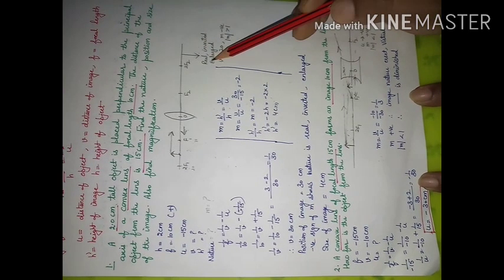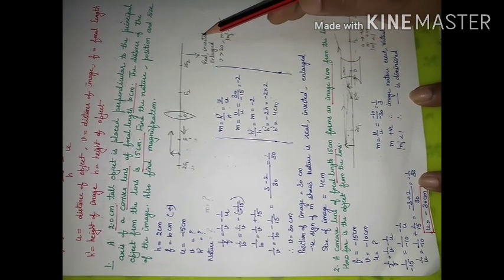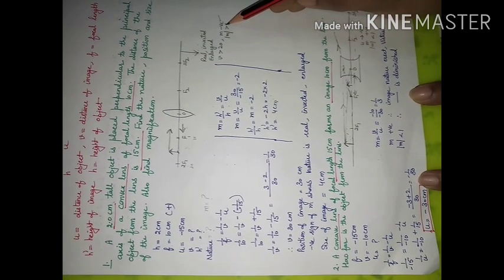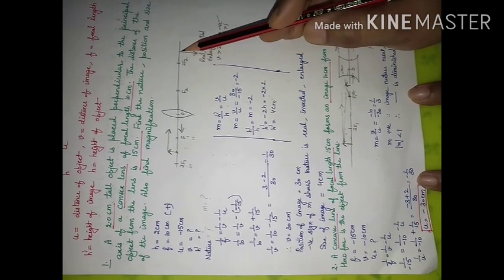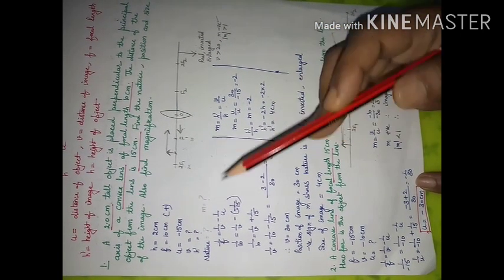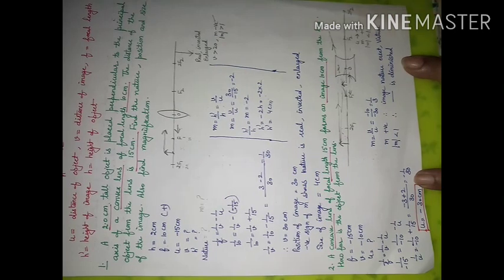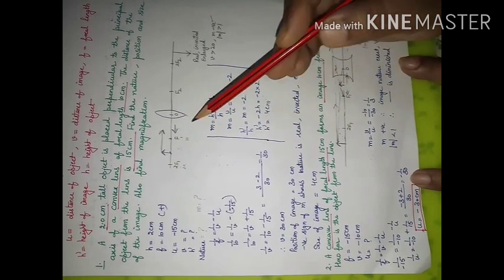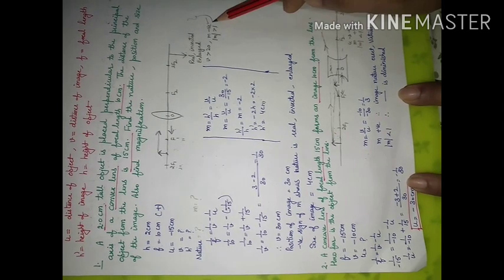So an idea of answer will be magnification should come with a negative sign because image is going to be real and inverted. It is enlarged, so magnitude of magnification should be greater than 1. And in this case your image formation will be beyond 2f2. So your answer should be greater than 20 cm and it should be with positive sign. So all these things without solving should be in your mind by the knowledge of ray diagrams that we have done. Let us solve the numerical and see whether these expectations are fulfilled or not.